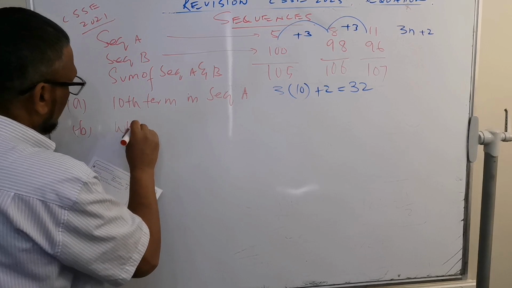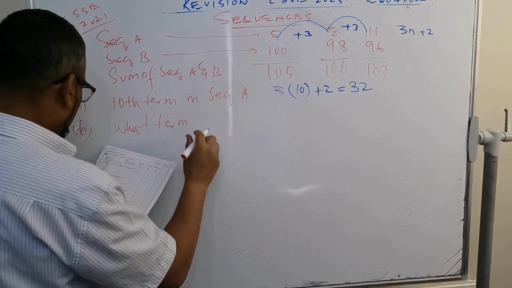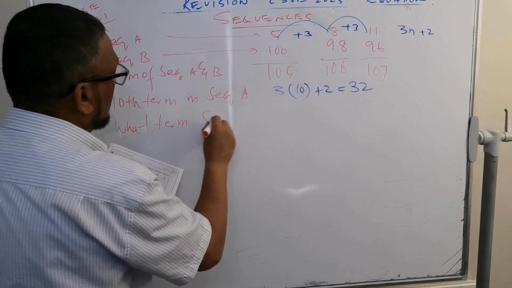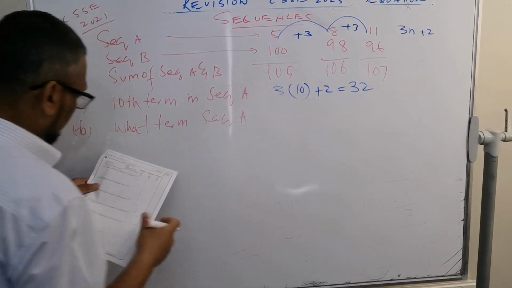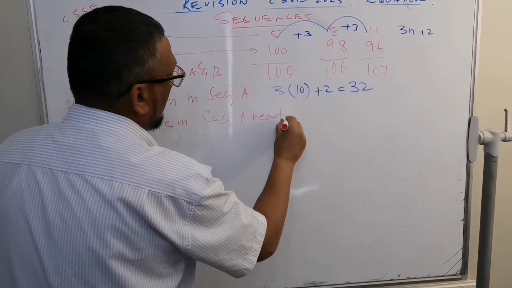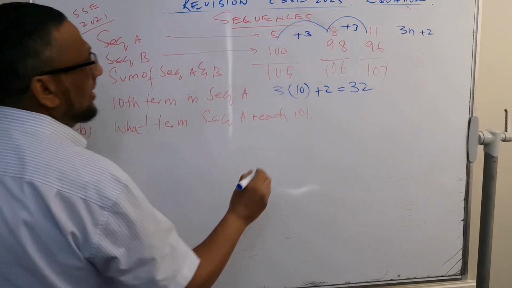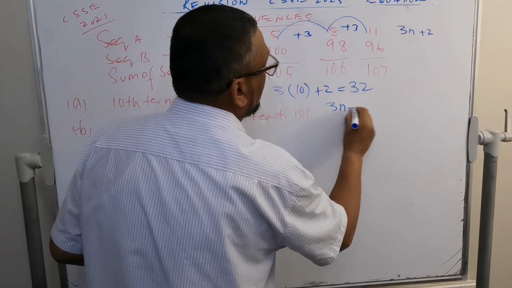So what term does sequence A reach 101? Very simple, we know the sequence A formula, so you need to write here 3n plus